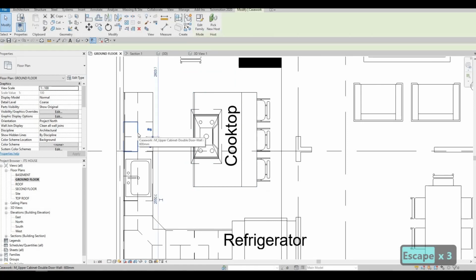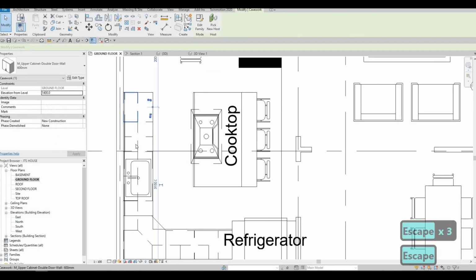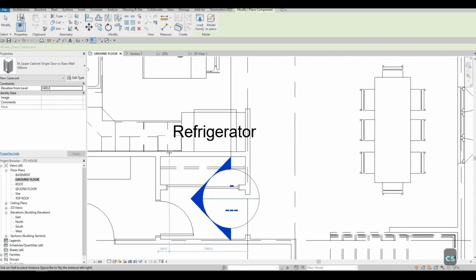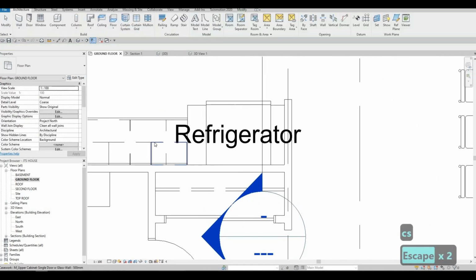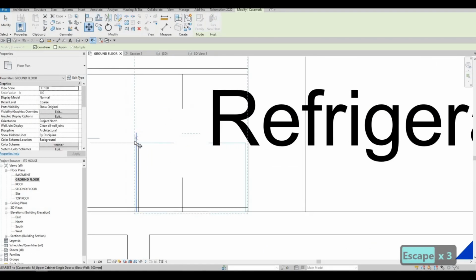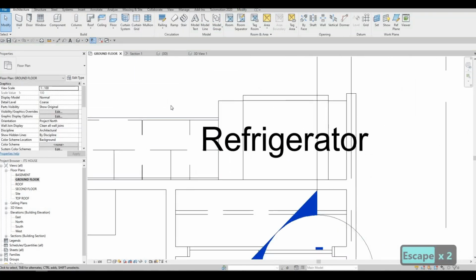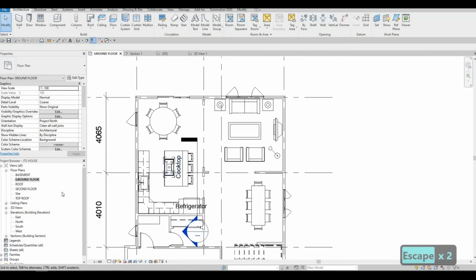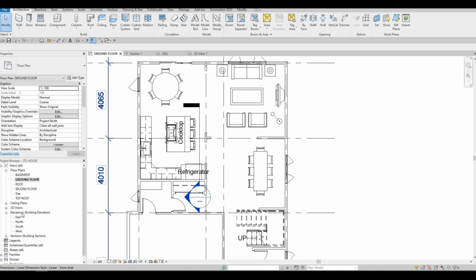I'm gonna use this CS and add it here, and then just move it like that. Now let's check it again under 3D view,